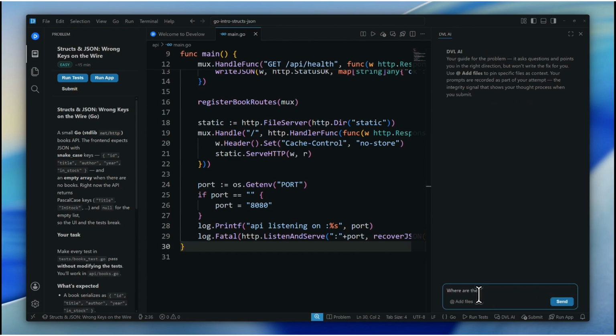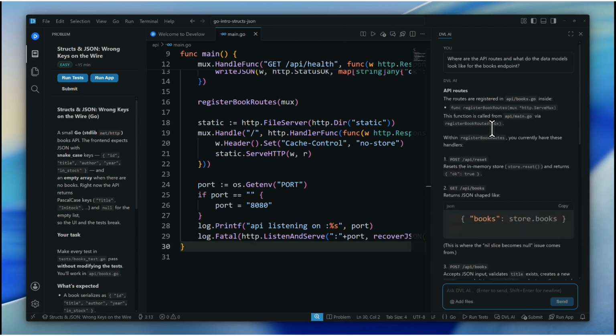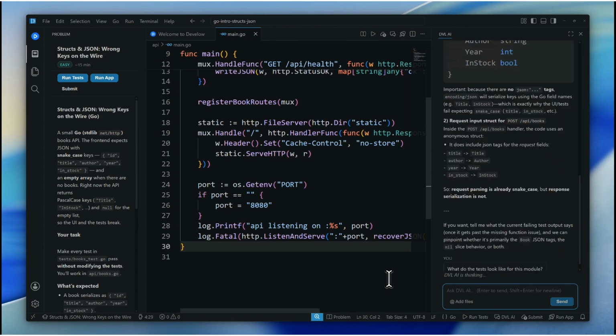First, let's open the AI panel and ask our initial discovery prompt. Where are the API routes and what do the data models look like for the book's endpoint? The AI instantly directs us to API/books.go. Now let's follow up by asking, what do the tests look like for this module? The AI points out